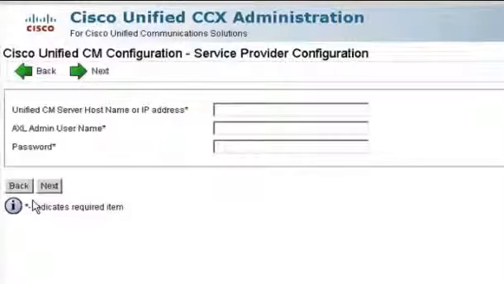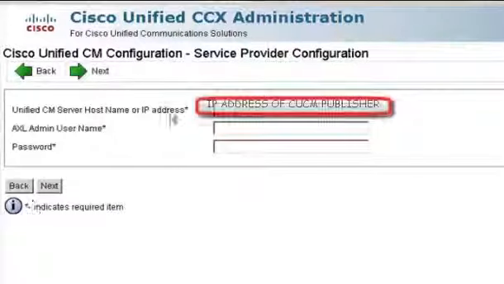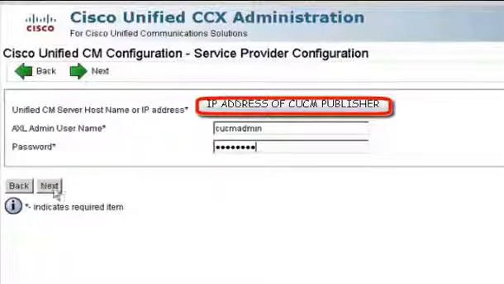Now you need to enter the IP address of the CUCM publisher, the AXL username, which is nothing but an application user with the AXL API user role, and the password. Once you enter that, UCCX will try to contact the CUCM.